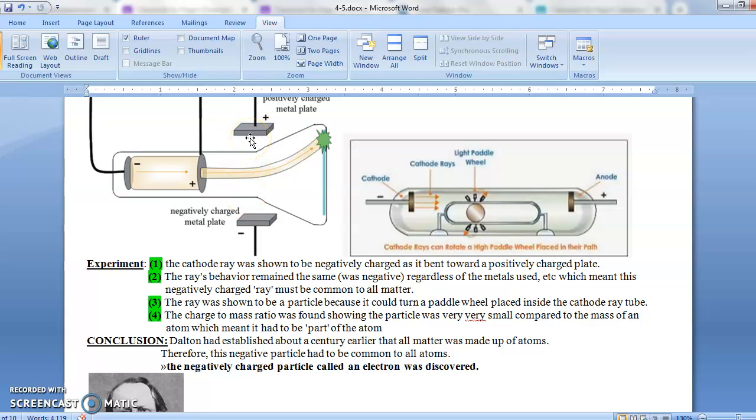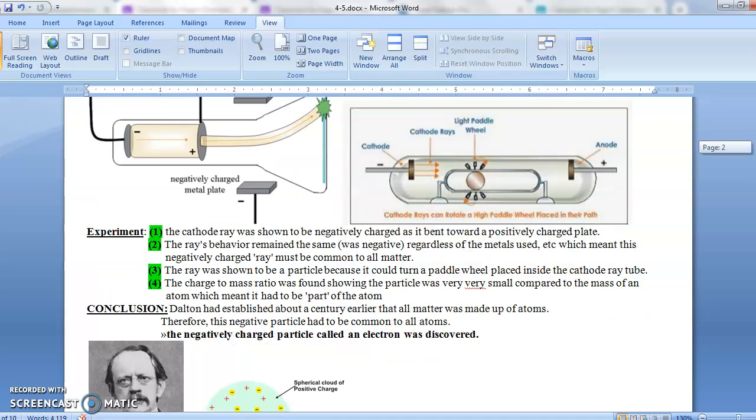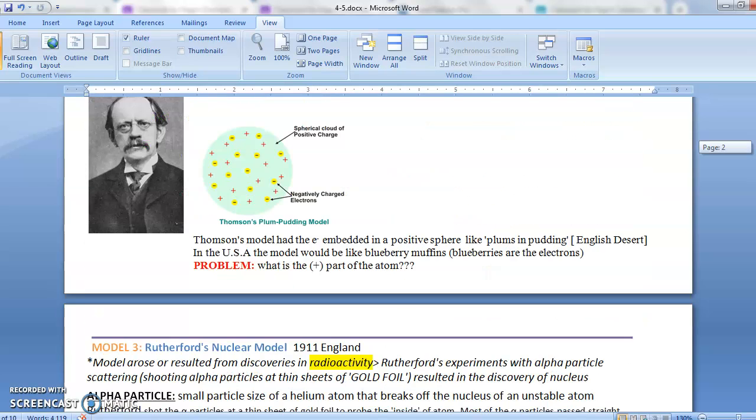And then he actually varied the strength of the charges of the plate to get an idea of about how big or how massive the particles were that were in that ray. And he found out that the particles in that ray were ridiculously small. So whatever this ray was, it was smaller than the atom. It didn't matter what matter made the ray, so it was common to all atoms. So he was able to conclude that that ray had to be common to all matter. In other words, all matter had to have a negatively charged particle, which was called an electron.